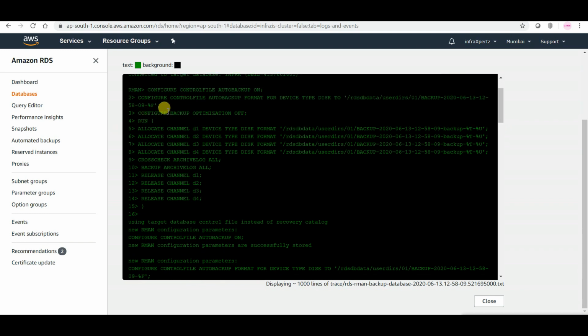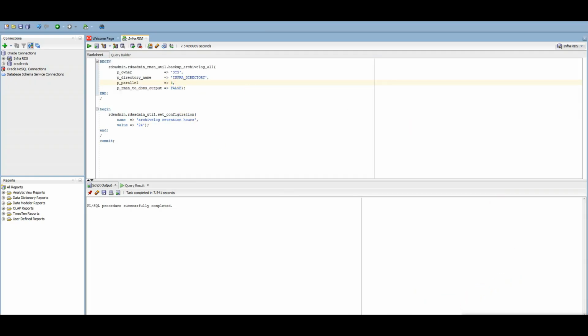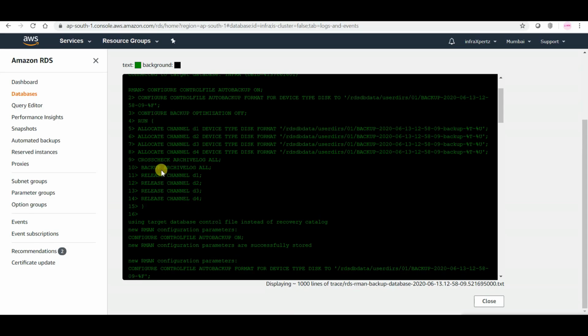As you can see, this is a command, configure control file auto backup on, backup automation is off, and it is allocating 4 channels, as we gave here the parallelism as 4. It is backing up the archive log and then it will be releasing the channel.